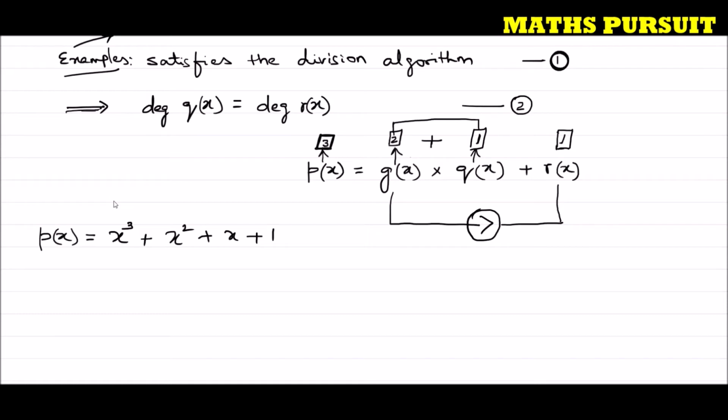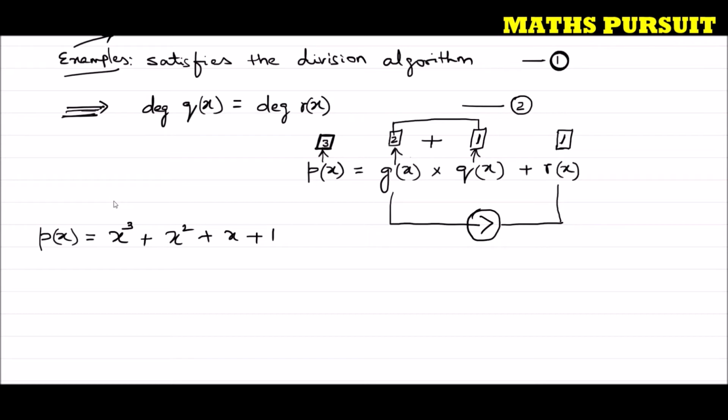If the degree of qx is 1, the degree of rx is going to be 1, because the question asked us to find a polynomial where the degree of qx is equal to the degree of rx. So if the degree of qx is 1, then definitely the degree of rx is going to be 1 as per the question. Now if the degree of rx is 1, the degree of gx should be 2, because we always know that the degree of gx is greater than the degree of rx. For that reason we have considered the degree of gx to be 2.